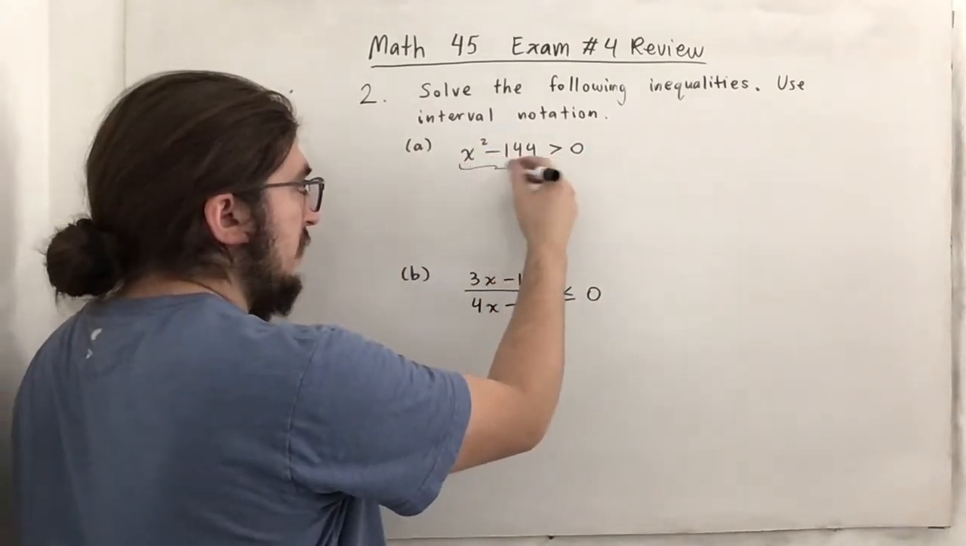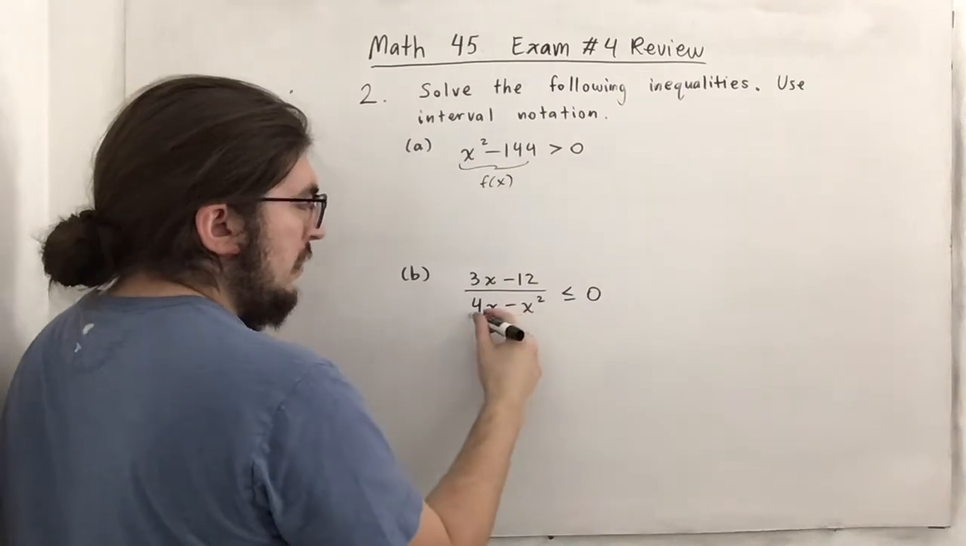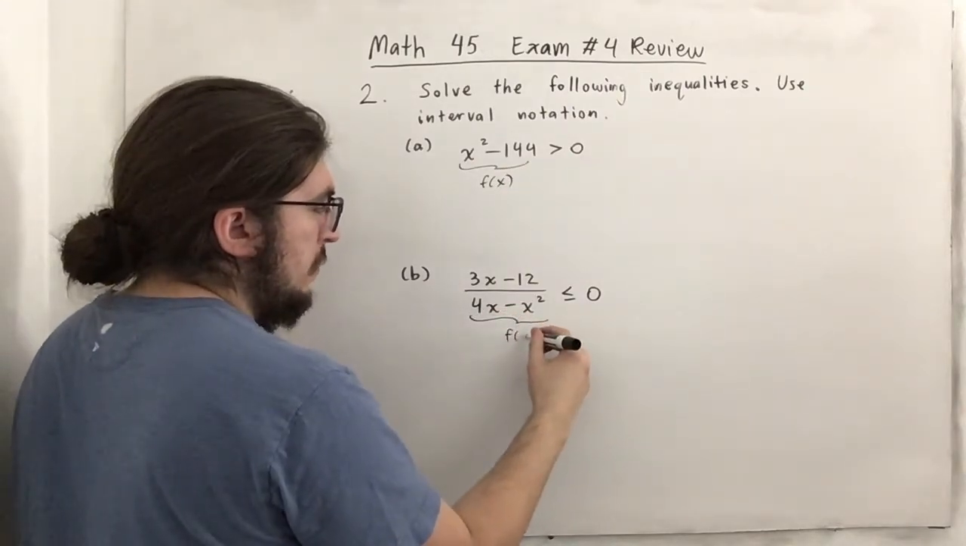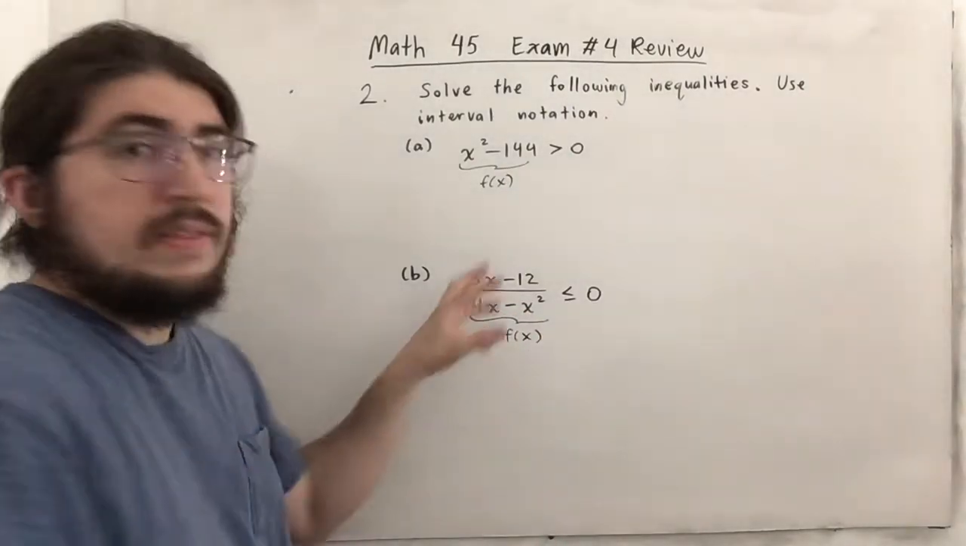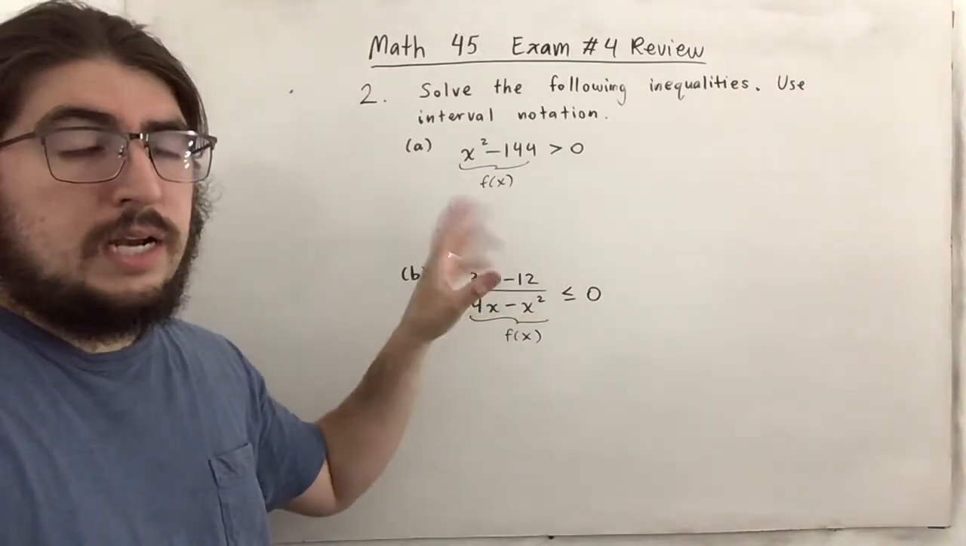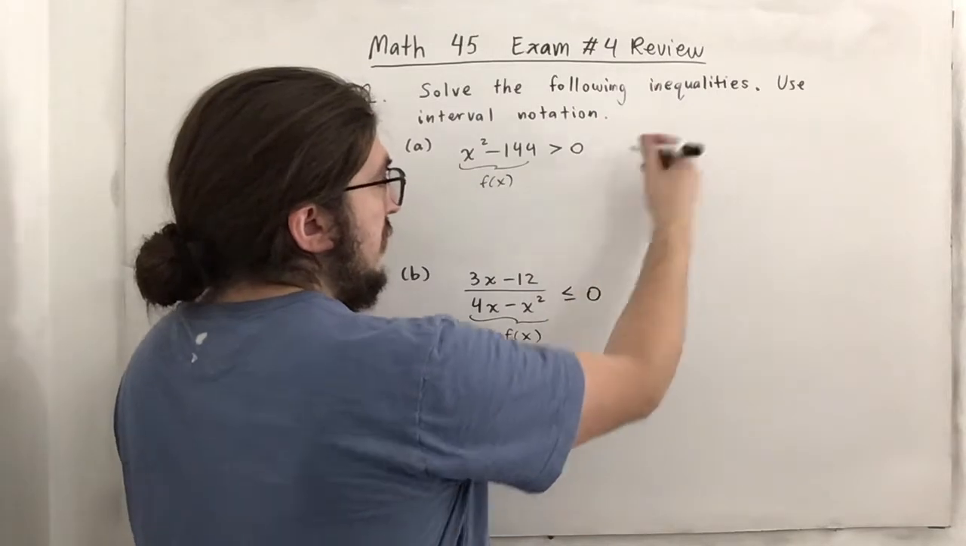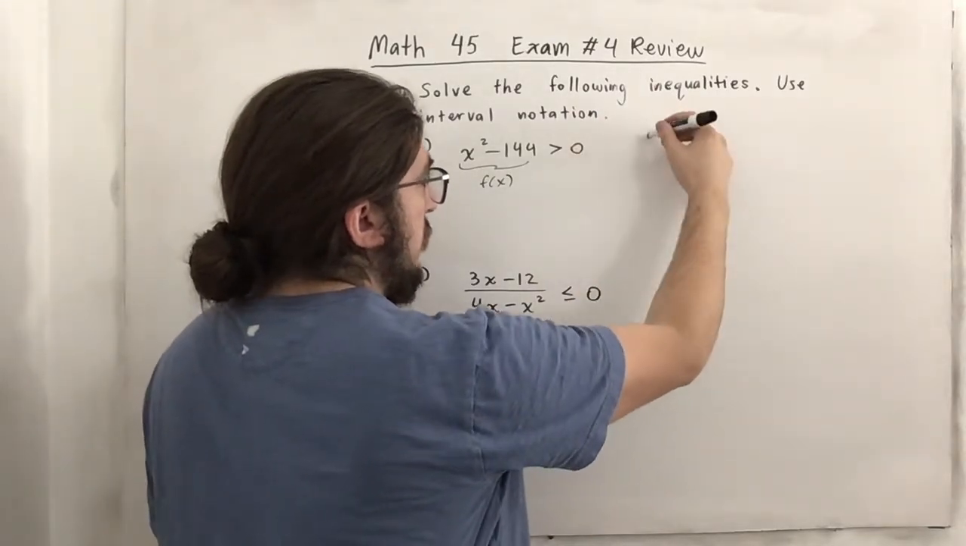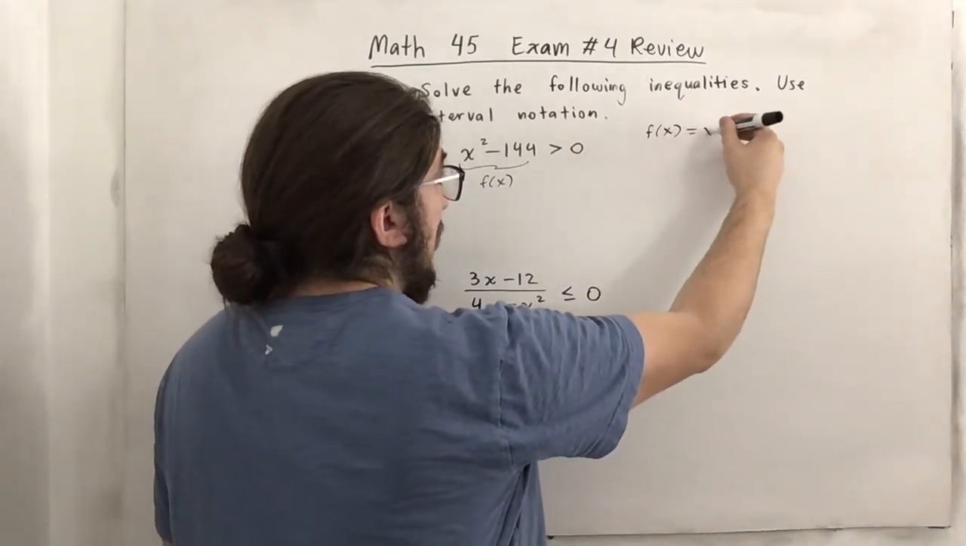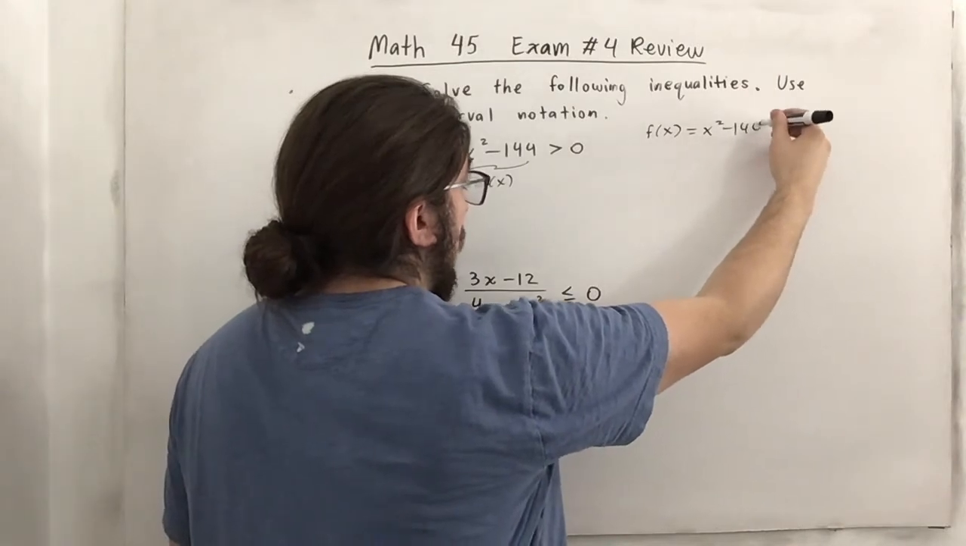So I'm going to call this f of x, and similarly I'll call this f of x, but I'm going to do the a first before I do b. I'm just mentioning that we're graphing these functions on the non-zero side of the inequality. Okay. So if we graph this polynomial f of x is equal to x squared minus 144, well, I know the zeros of this are